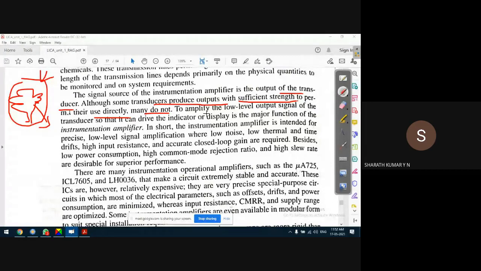It depends. A transducer may not be user friendly. It needs some additional circuitry to measure the quantity. So amplifying the low level output signal of the transducer, so that it can drive the indicator or display device, is a major function of the instrumentation amplifier. As I said, a transducer may give a very low strength signal, very low signal. So this low signal is not sufficient to